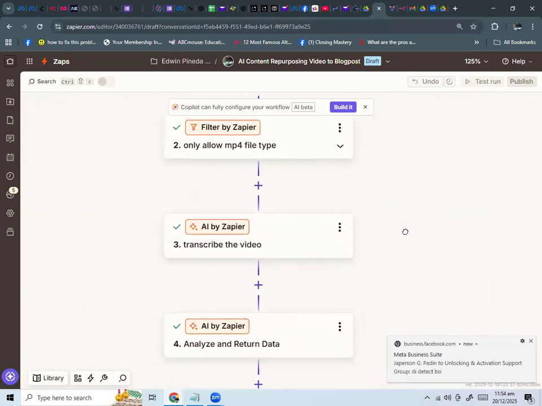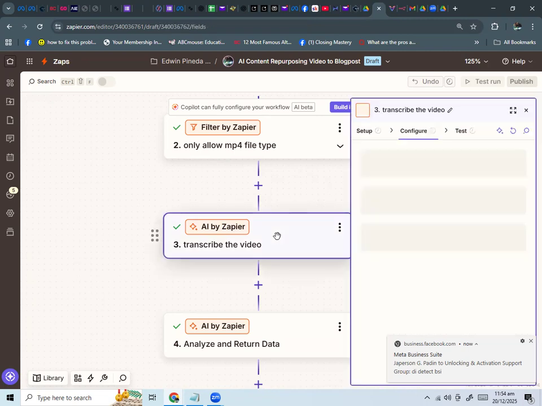As we continue, I have put an AI by Zapier step. This step will transcribe the video that we uploaded to our Google Drive.